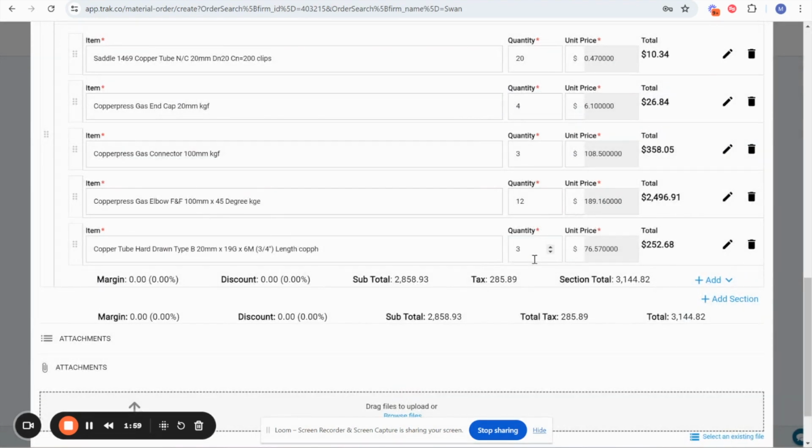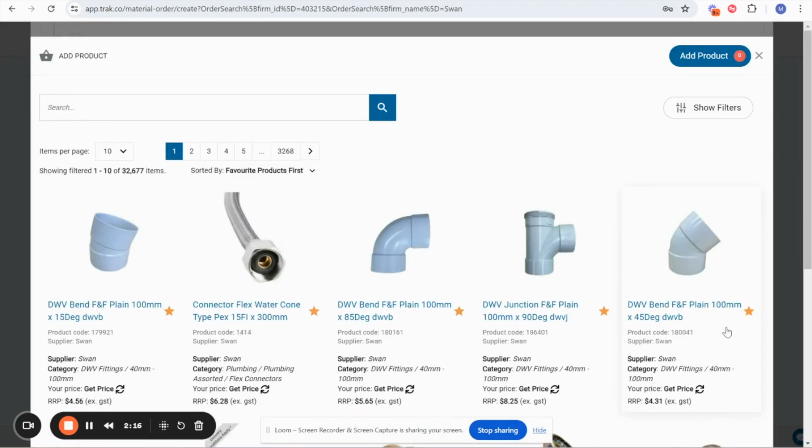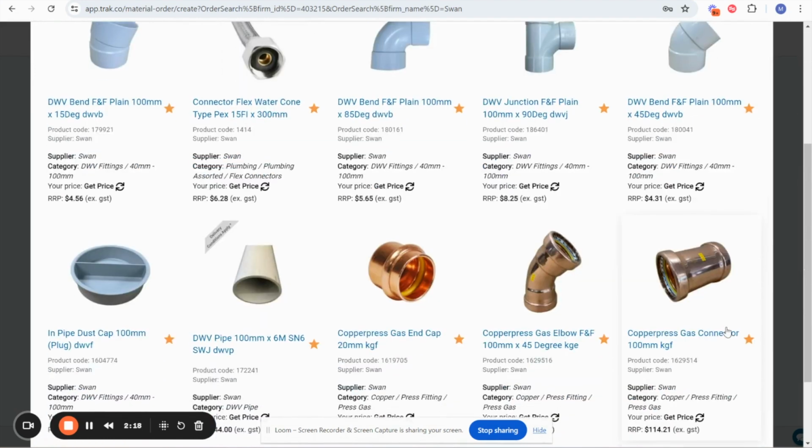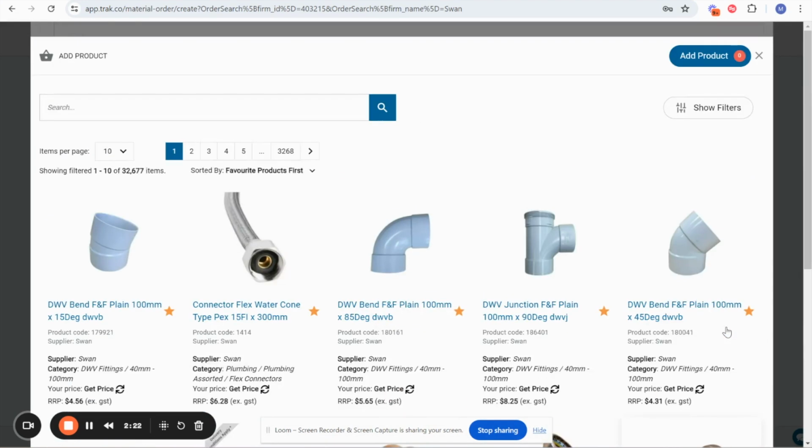If I want to add more products to an order on the portal, I can add an item if I know what I'm going to call it, or I can open up my product list and it will then just open up my whole product list, and I can search and navigate through the platform and add products back into the order. So I can see I've got my favorite products, my details here, I've got everything that I need, or I can search for a product by simply